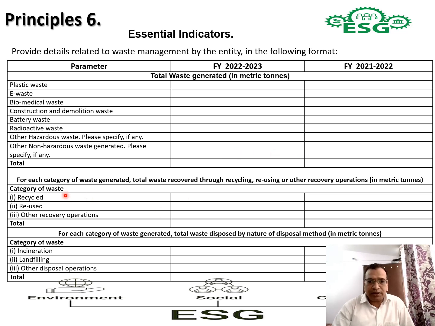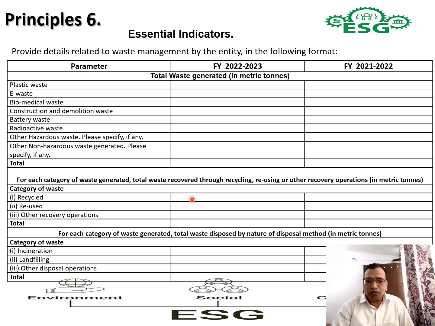Then for each category of waste generated, total waste recovered through recycling, reusing or other recovery operations has to be reported in metric tons. So they have given the categories. Recycled: you have to report if at all you have recycled any of the raw materials, finished products or intermediates, or the waste generated finally.